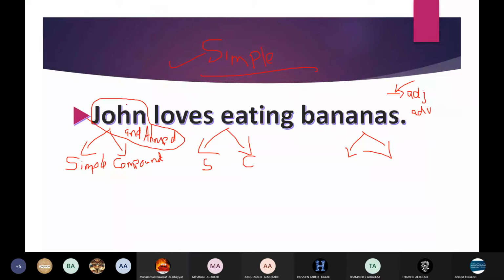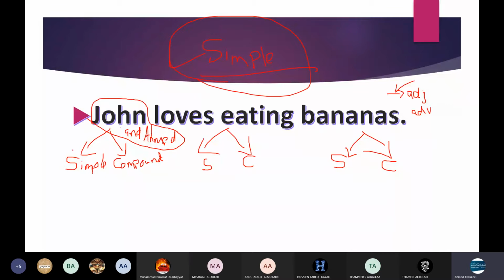John loves bananas, or John loves and drinks banana, and banana juice, of course. The object itself for the sentence can be a simple or even a compound one. Bananas and pickles, as Muhammad said, which have no relation to each other actually. But okay, so simply what we're speaking about today is that any simple sentence can have